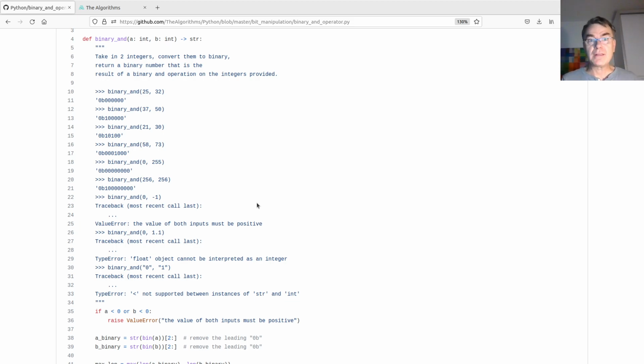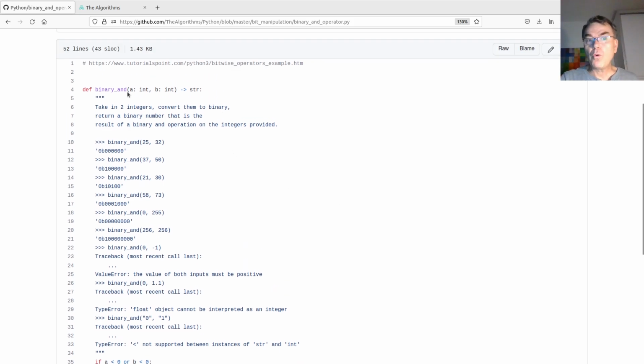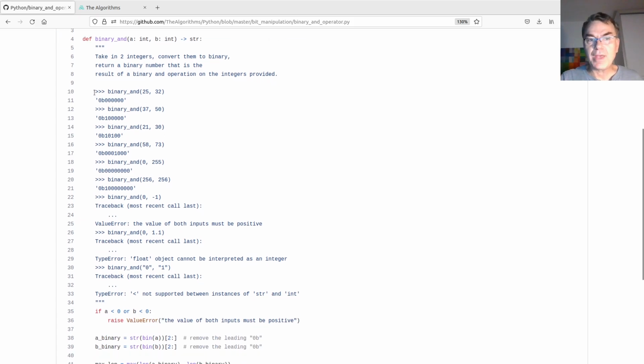People who are reading the documentation of the function can just copy paste examples from here on one hand. On the other hand, this is the doctest style testing or example. So doctest, when you run it, will go over all the functions that you have in the file, and in this case we have only one function, and then it will find anywhere where you have these triple greater than signs, which is the same as the prompt of the interactive shell, and then execute whatever it finds here immediately after the triple greater than signs, and check whether the result of this execution is the same